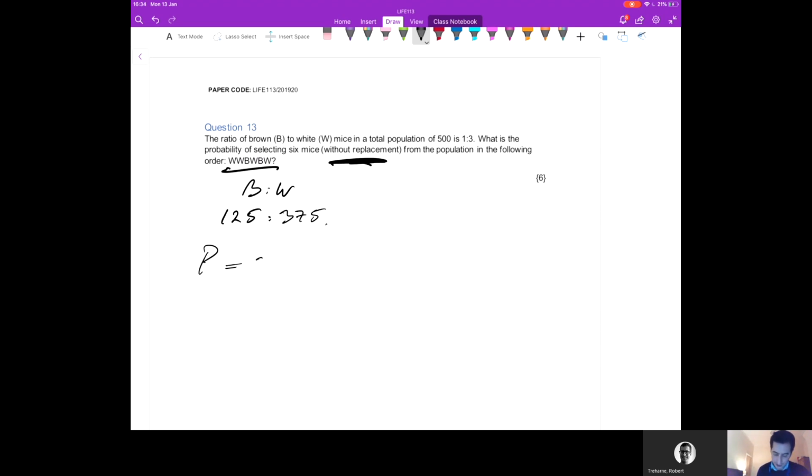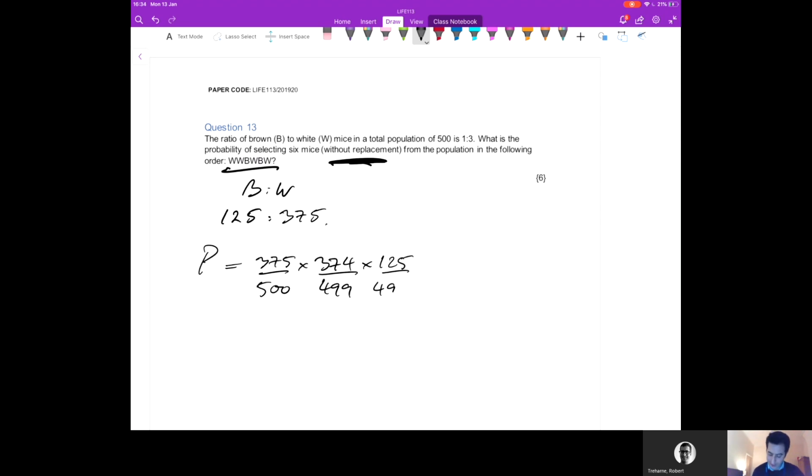That is 375 divided by 500. Okay, and then if I don't put that mouse back, what's the probability of me getting another white mouse? This time it's 374 divided by, I've got 1 mouse less, that's 499. What's the probability of getting a black mouse? Well, I haven't taken any black mice out yet, so that is still 125, but I've taken 2 mice out